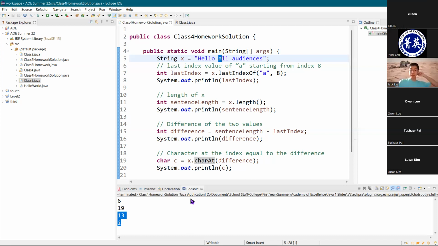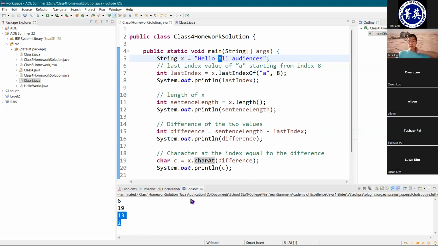But I see Eileen, you raised your hand. This is Ethan. Oh, so Ethan. Okay. For the second A after the 8th index character thing, it's on index 10, but your thing says it's at 6. Good question. So